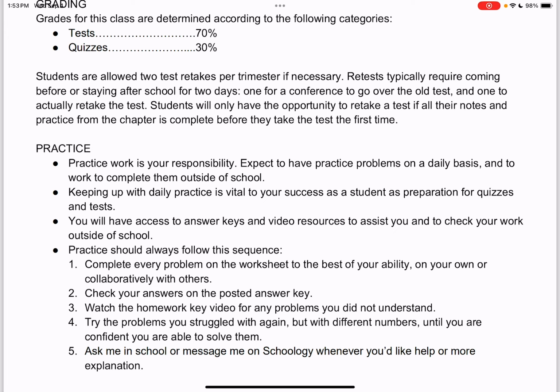Also, my problems in the homework assignments tend to be really hard sometimes. I do not expect students to know and get correct every problem in homework. I think that having them try it and stretch their brains and work up to the highest possible level that they could is really important. So if a student is struggling on a homework problem, they are absolutely encouraged to check